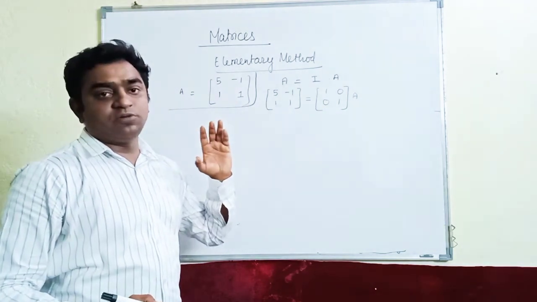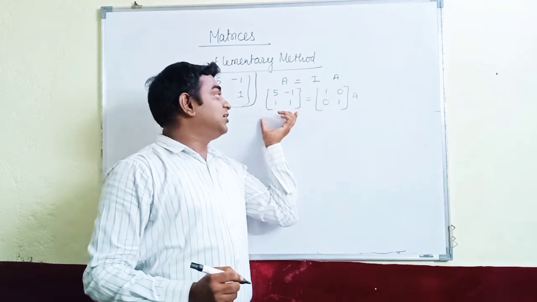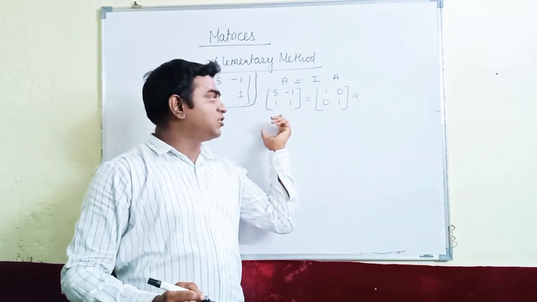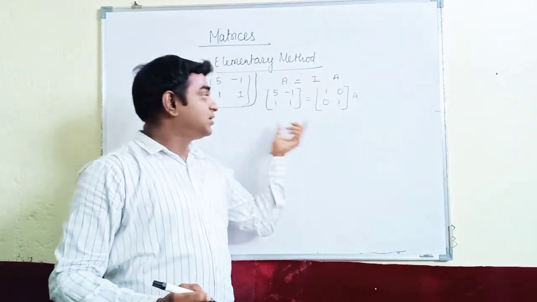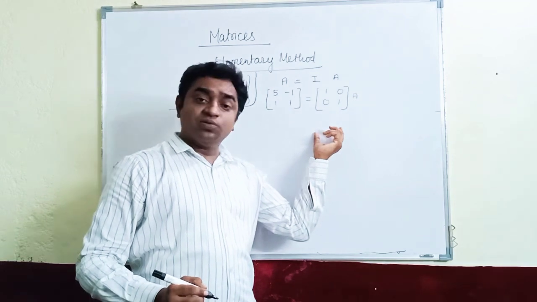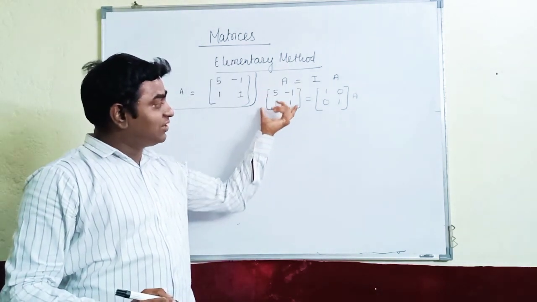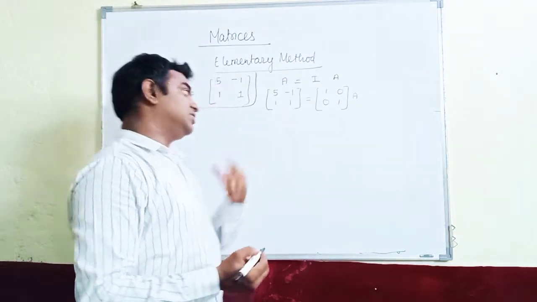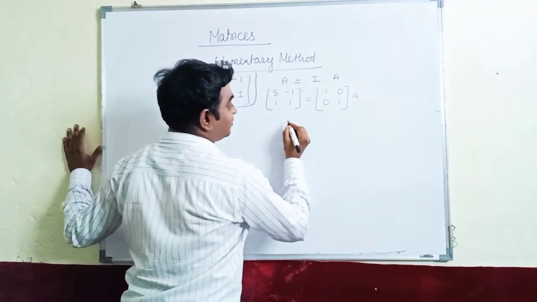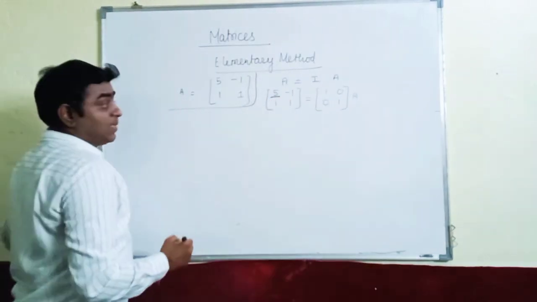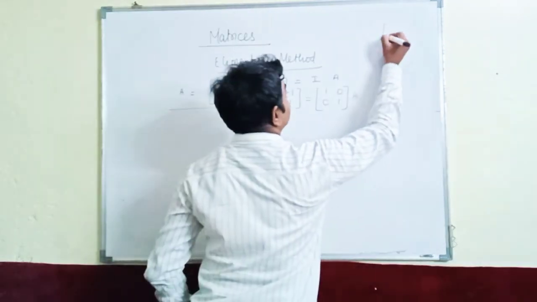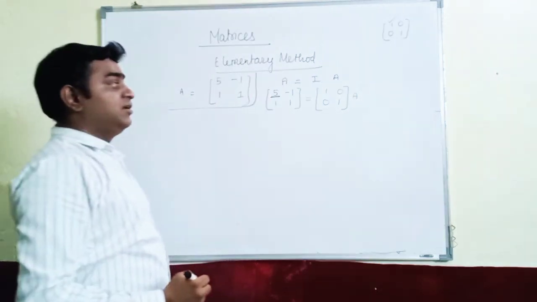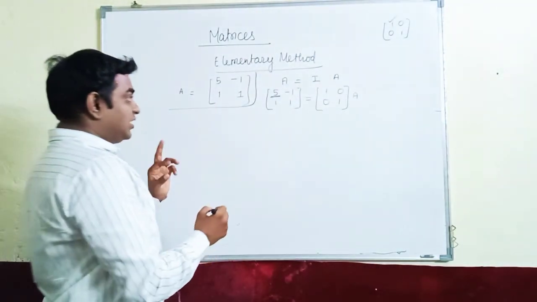So you have to operate in such a way that it becomes I, the identity matrix, and whatever values are here will change accordingly. But we need not focus on those values. We have to simplify in such a way that this A becomes I. That will be the solution. So start from it. First of all, this is 5, and as I told you, here we are trying to make 1. So to make it 1, you can do one thing.